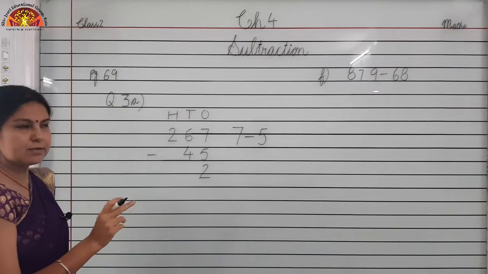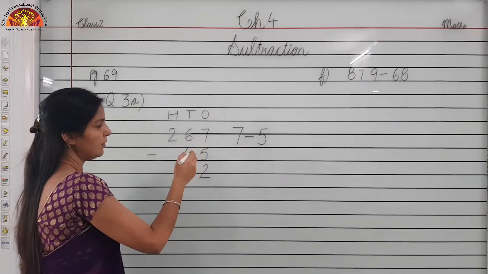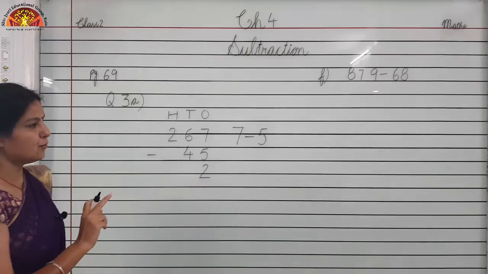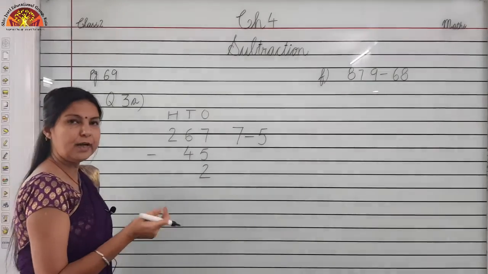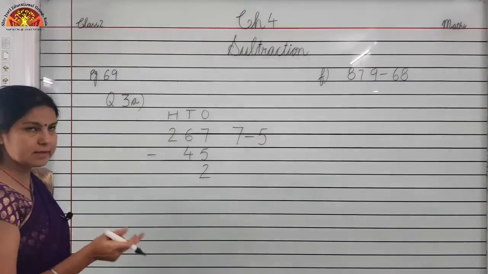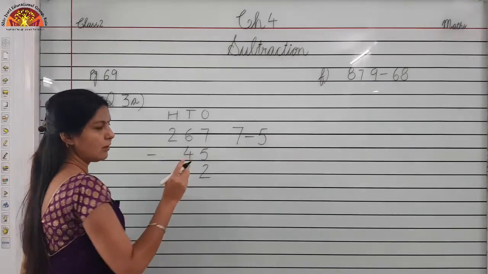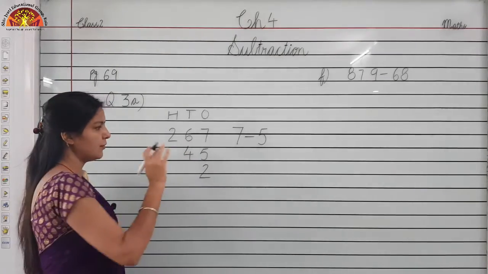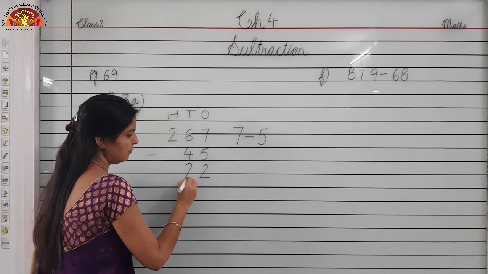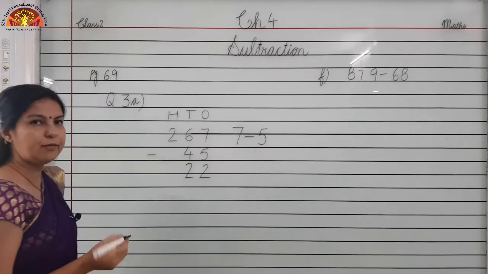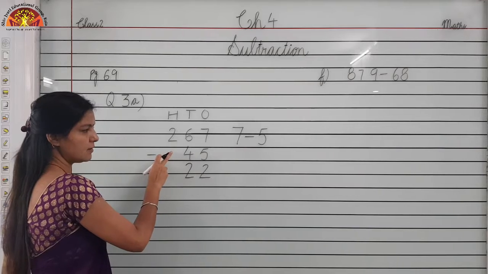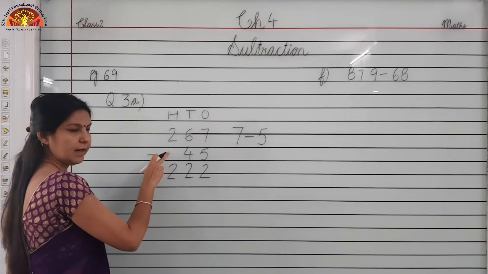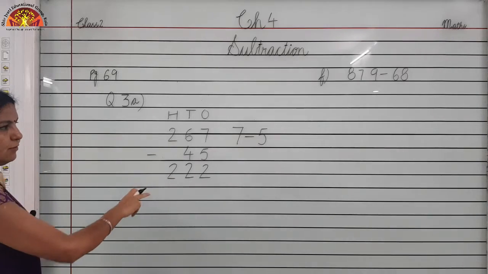And after solving the ones place, we will move to the tens place. Here 6 and 4 are written. So, we will start counting after 4 and we will stop where 6 is coming on our fingers. So after 4, 5 and 6. It is also coming on 2 lines. So we will write 2 below the tens place. Now we will write 2 as it is because here is no number. We are not going to subtract any number from here. So we will write 2 as it is.